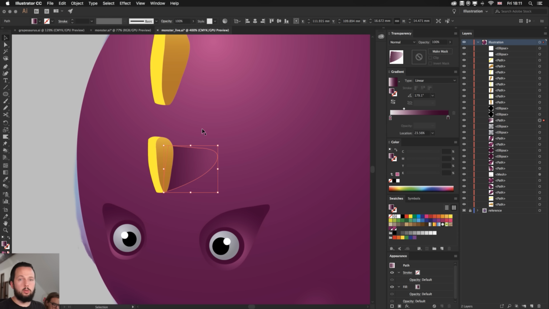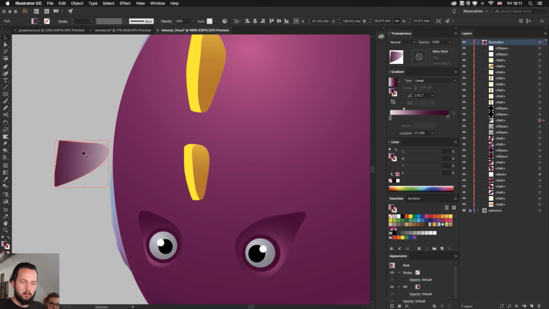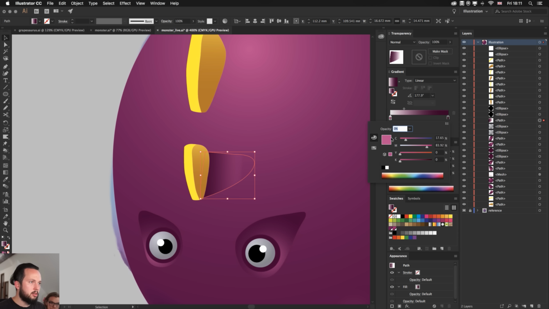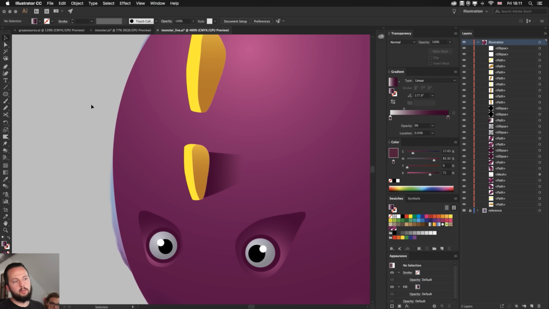And then what I would normally also use on cast shadows is a bit of blur. So I would go up to the effect menu. By the way, if I move this out, you can see how it leads into opacity or transparency. And I think this is going to look better. I just refined it here. That's a bit harsh. I think this color should be darker as well, and it's going to work better. So the two sides of the gradient are the same. Now I can just refine my gradient a bit more. That looks better. Maybe a bit more stretched out. Okay, looking good. Now let's add an effect on it.